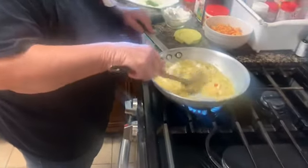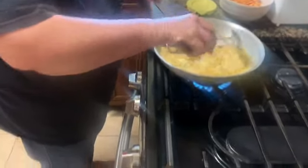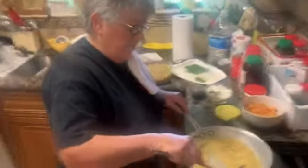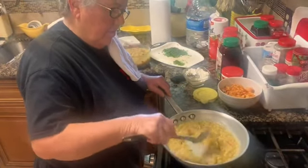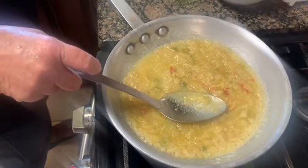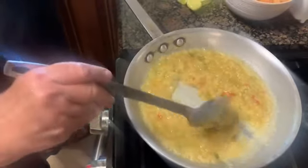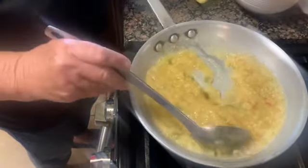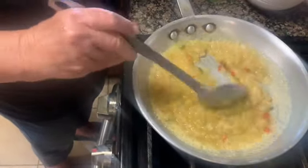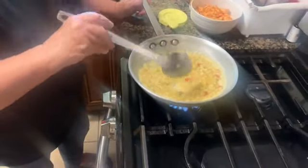This is where it comes in, the way you make it blonde or dark. Right now you're cooking the roux. You want to cook the flour out of it. I may have to pull a little bit out. I'm not used to cooking in a little pot like this. It's going to be thick, and whenever it gets thick, it may be too thick for me to finish it up in here. So I might have to take a little bit out of this and add it back in